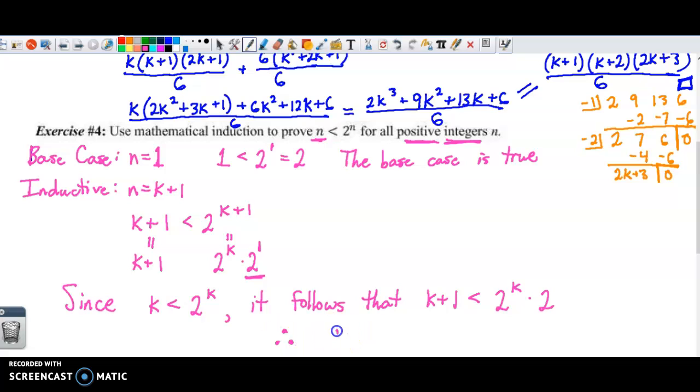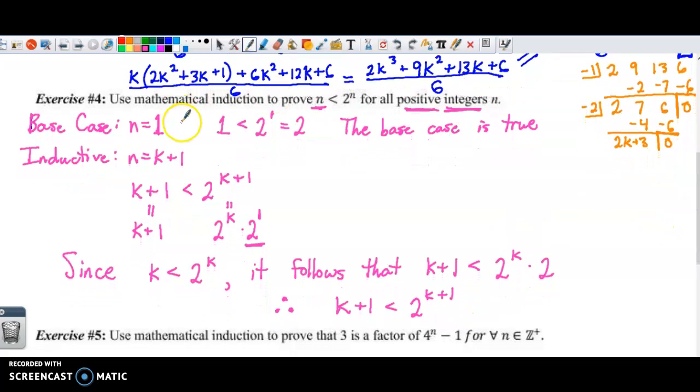Therefore, k plus 1 must be smaller than 2 to the k plus 1. The entire premise of mathematical induction is that you're setting up these dominoes and you use that domino to prove the next step. I know if the domino analogy is not making a whole lot of sense, this might be a struggle to explain,